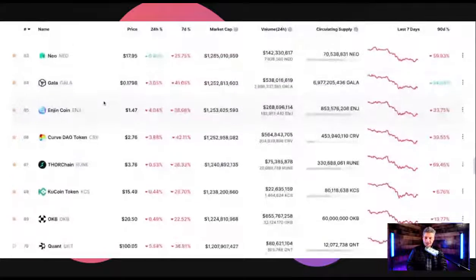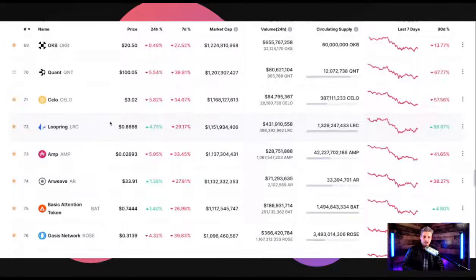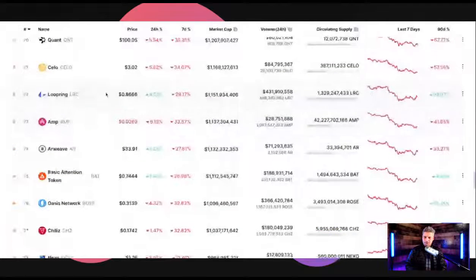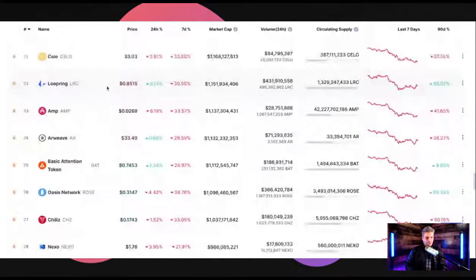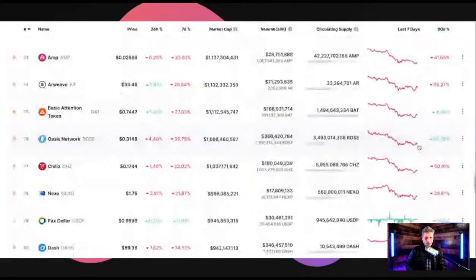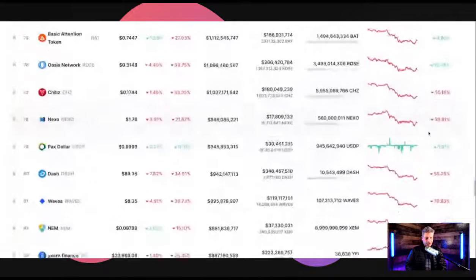Let's see what other positives. Loopring up 98%. I don't have as much exposure to something that I could research a little more. I know most of the top 100, at least to some degree. There are a few that I just have never put much time into. So that's very interesting, up 98%. Oasis, I have bought and sold some Oasis. I think another great, strong project, up 65%.